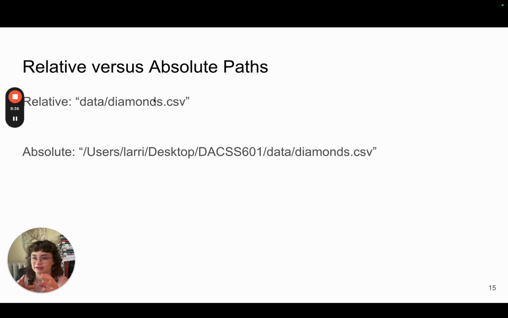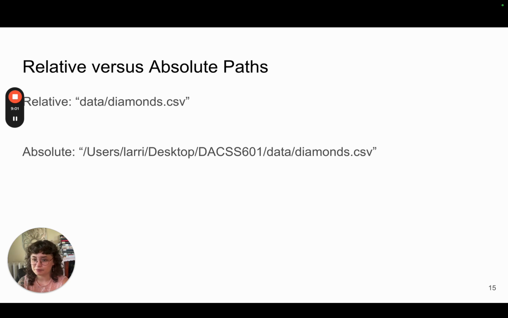So specifically like your road number, and every time you zoom out, this is the street number, this is the street, this is maybe the town, this is the state, the zip code, the country, right? We want to get as specific as possible, because if you pull in a code like this, like users Larry desktop, someone else's file path isn't going to be the exact same thing